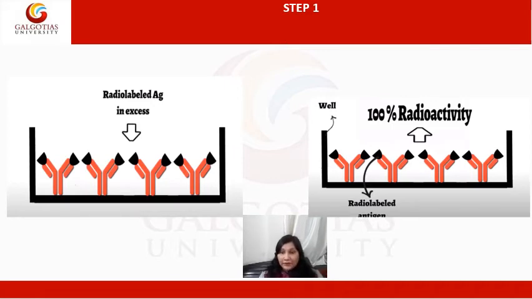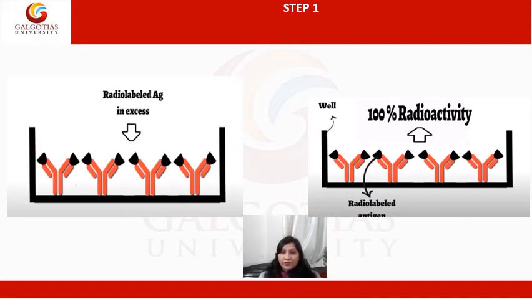Again listen, radio labeled antigen has been added to this pre-coated microtiter plate with antibodies. What will happen? This radio labeled antigen will bind with the antibodies. As we are taking these antibodies in excess, it means no antibody will be left unbound, and then the next step